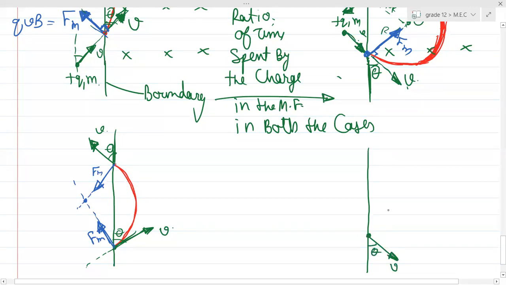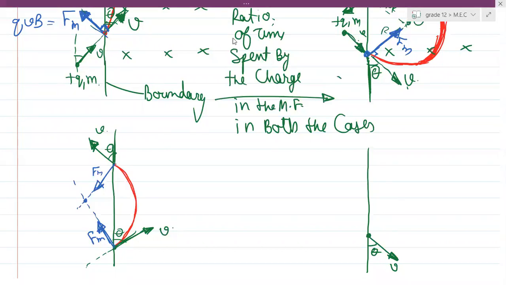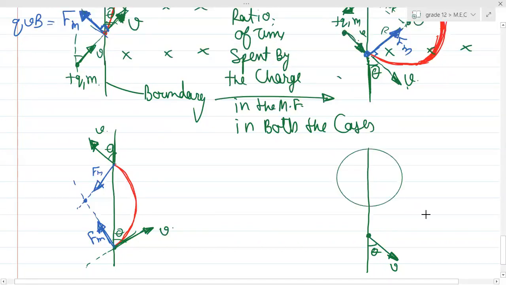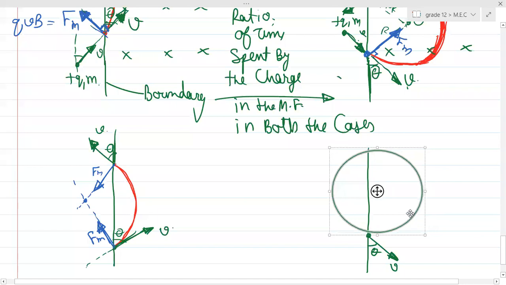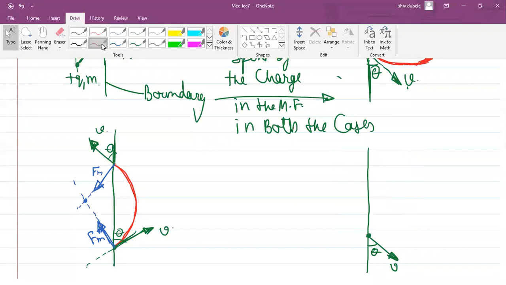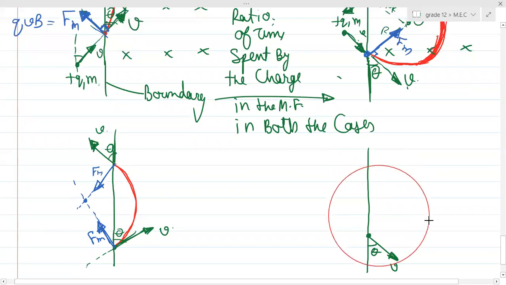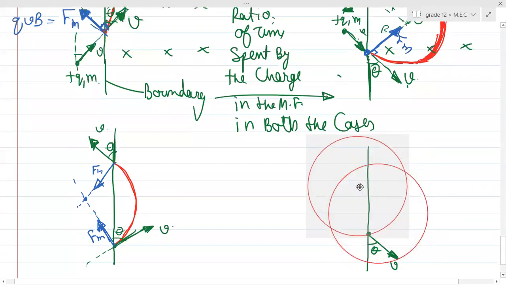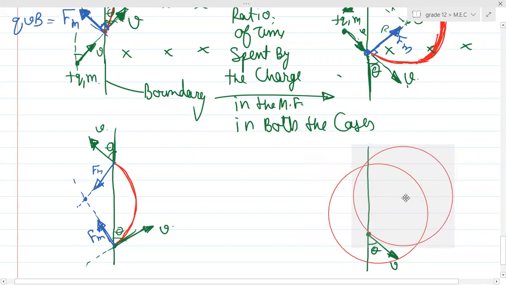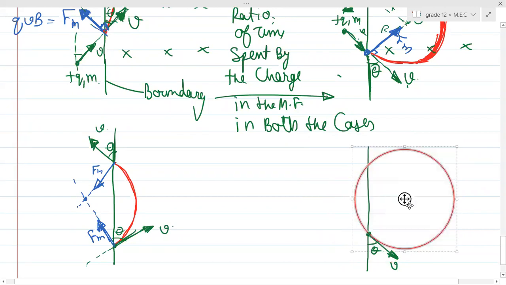This one. The radius will be the same in both the cases, guys. The radius will be the same in both of the cases. The only difference was...